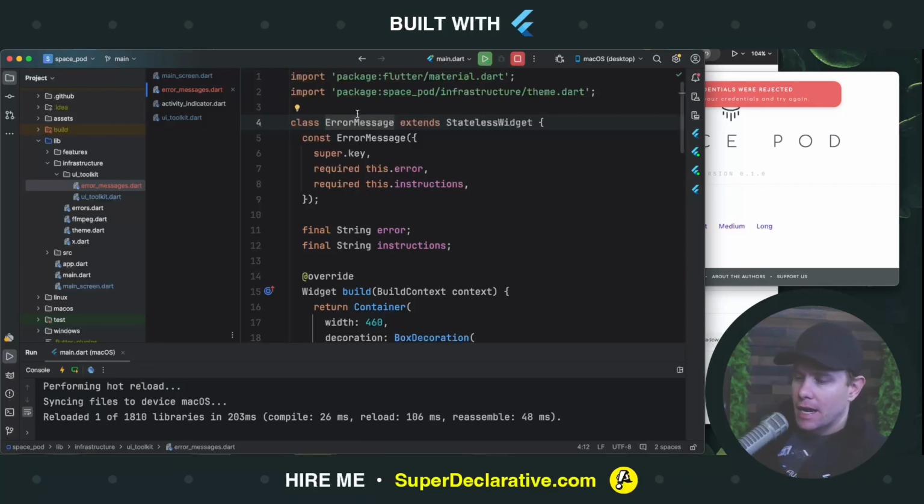we could call it a snack bar, but again, that means something kind of specific. We could call it a toast. Again, that means something kind of specific. We could call it a popover, but that's actually quite generic. It's tough to know what kind of popover we're dealing with. How about we call it an error message billboard,